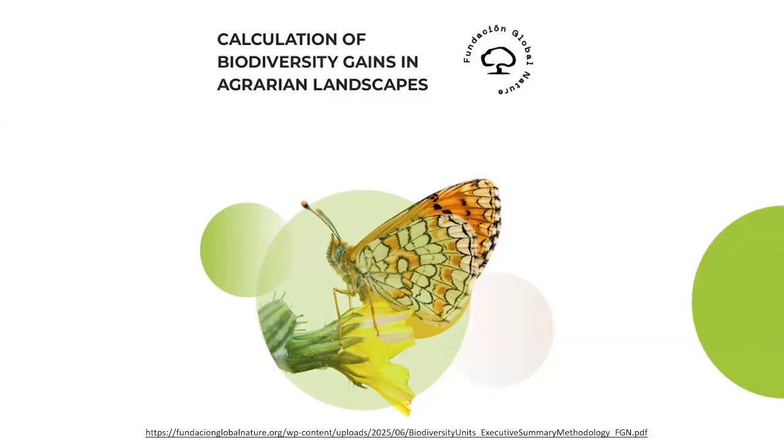And we realized that we wanted to quantify what we were doing in order to be able to generate pieces of communication for regulators, policymakers, companies, potential investors, so that we can claim with robustness the increase in biodiversity that we were achieving. So what we did is we dug a little bit, and we found several methodologies that could potentially be used in agrarian ecosystems, and we started to implement them to measure biodiversity there.